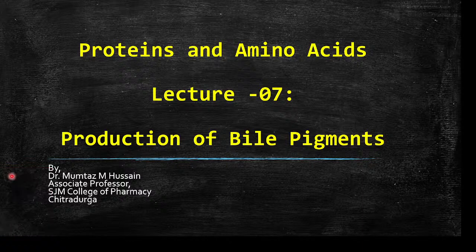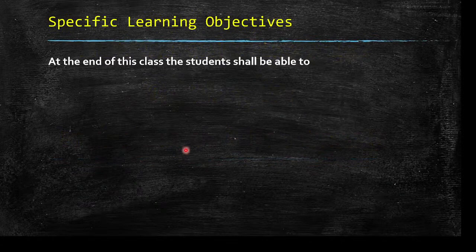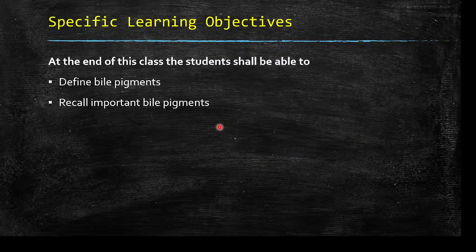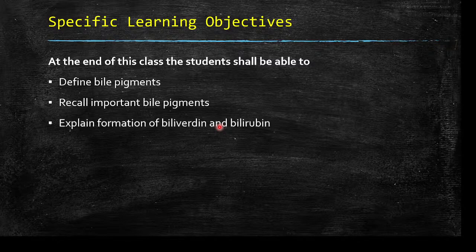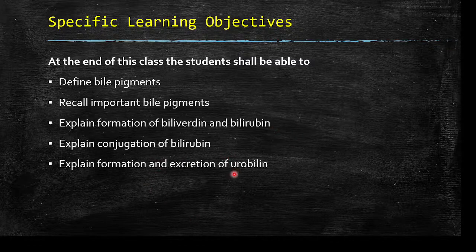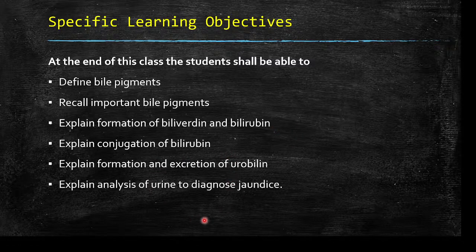Proteins and amino acids. Today we will learn about production of bile pigments. At the end of this class, the student shall be able to define bile pigments, recall important bile pigments, explain formation of biliverdin and bilirubin, explain conjugation of bilirubin, explain formation and excretion of urobilin, explain analysis of urine to